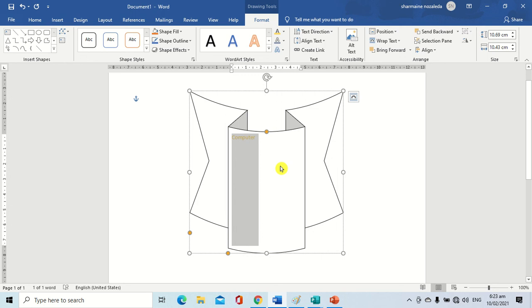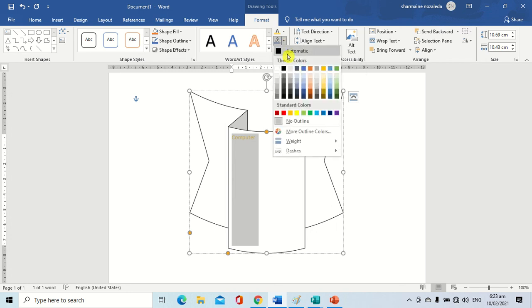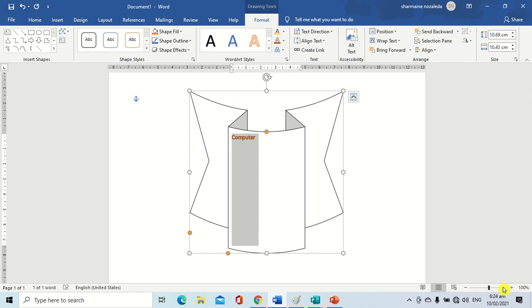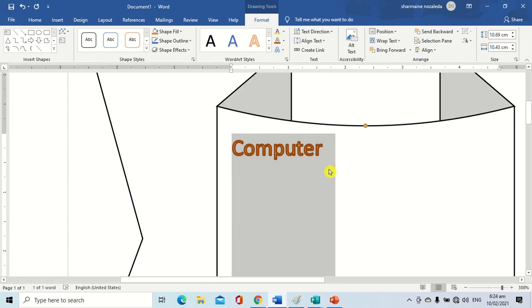Now we're going to apply an outline color for our text. How? You're just going to click the text outline from the word art itself. It changes the color of the outline of the text. You're just going to click the drop down arrow, then choose a darker shade of a color for your outline color. I'm just going to zoom in so you can see the difference. Okay, as you can see now, there is a text fill and text outline that is applied on the text